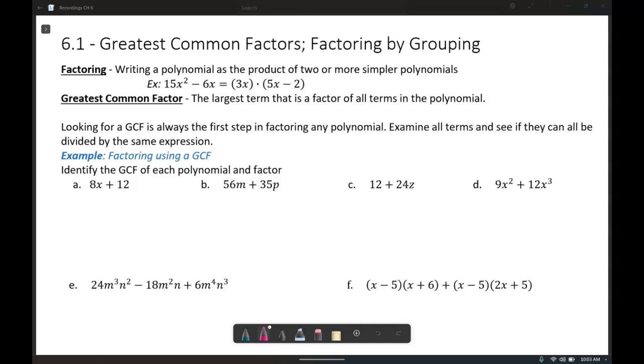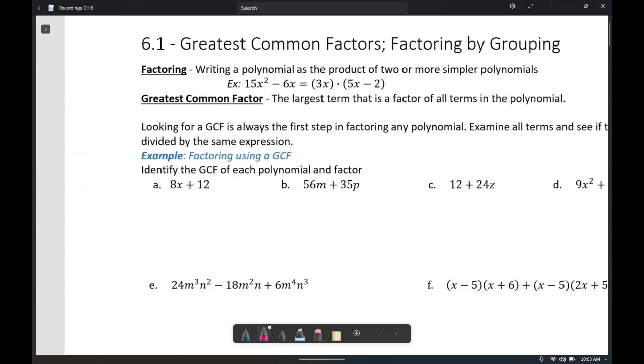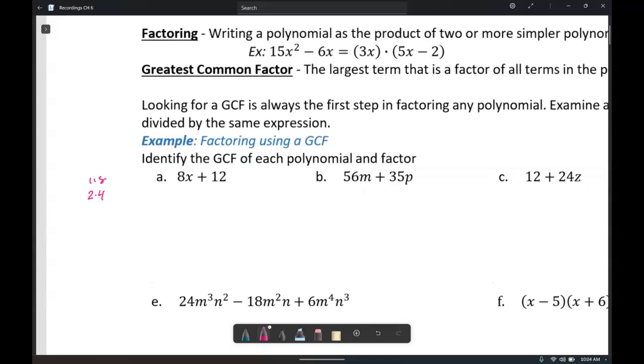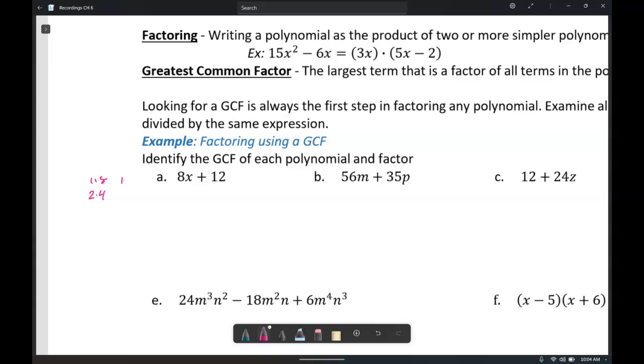So we want to examine all terms and see if they can be divided by the same expression. So looking here at 8 and 12, we can look at the factors of each of these in a more formal setting. We have factors of 1 and 8 and 2 and 4 to give us 8, and we have factors of 1 and 12, 2 and 6, and 3 and 4. The largest number that's in both of these lists is the number 4, meaning it's the greatest common factor among